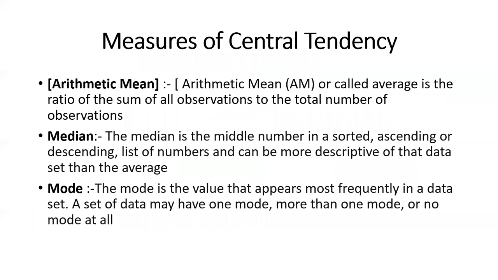Let's understand the measures of central tendency. I hope I have shown you in the chart. So here one by one we are discussing. First one is the arithmetic mean. Arithmetic mean or AM is called the average. It is just the ratio of the sum of all observations to the total number of observations. It is the sum of the observations to the number of observations. You are just calculating the average. Suppose